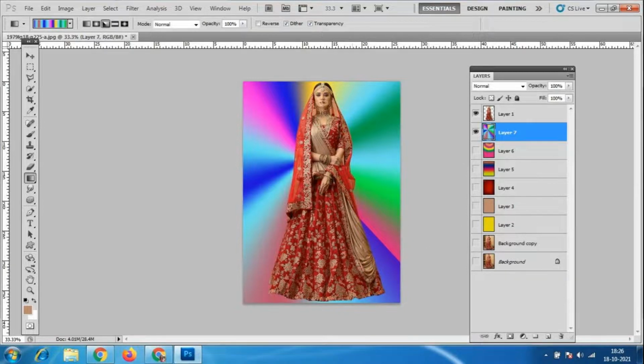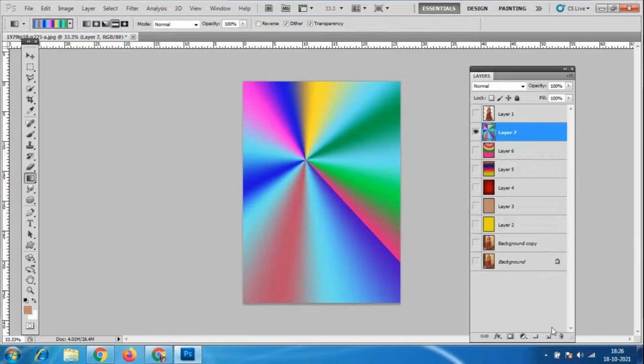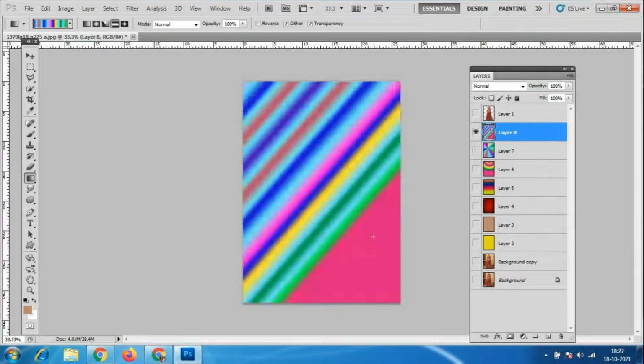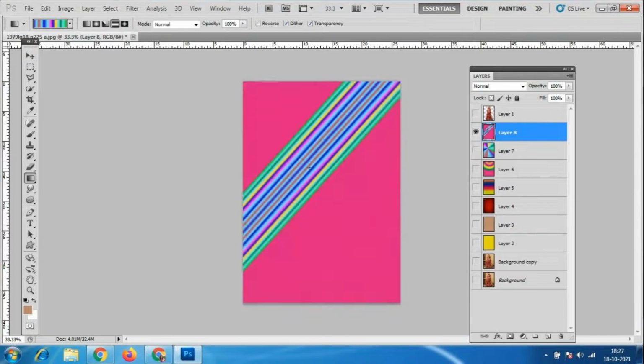So we'll go to a different option. Here we have other options, reflected gradient and diamond gradient. If I go to the reflected gradient, again I'll take a new layer and hide this one, the same gradient. This is the reflected gradient.